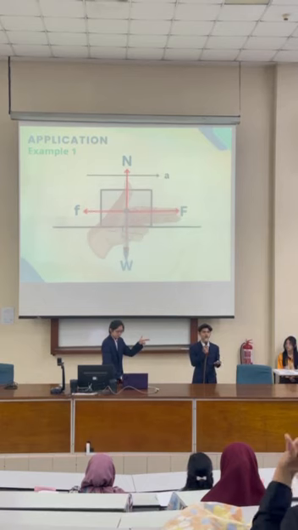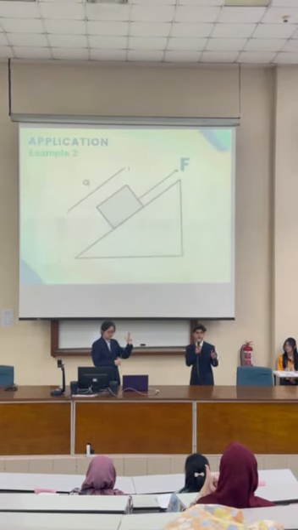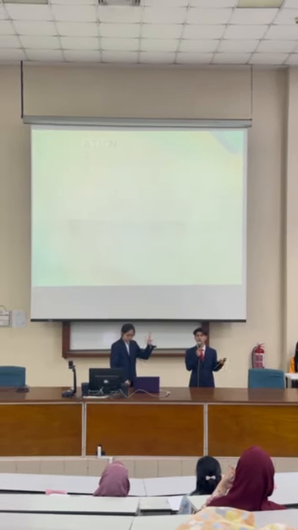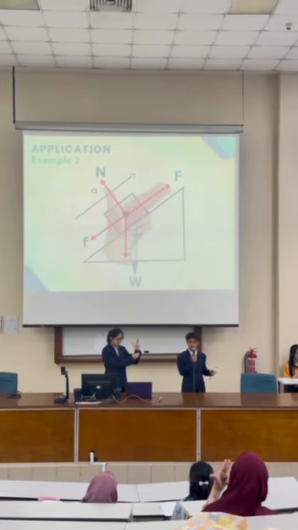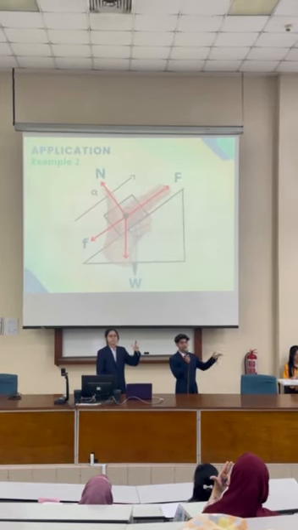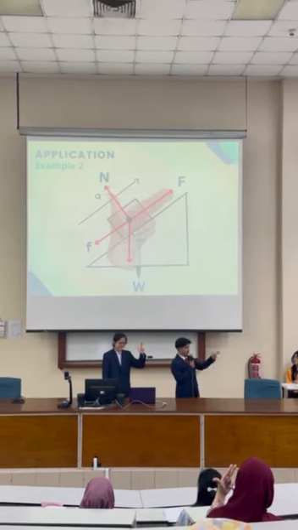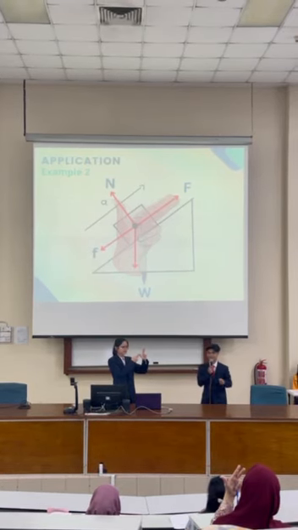So how about the second example here, if an object is being pulled on an inclined plane? Same as before, we only need to determine the direction of the force applied to the object. So since it goes to the top right corner, we only need to point our hand to the top right corner. To the top right corner here, and all we can see now, all the forces acting on the object